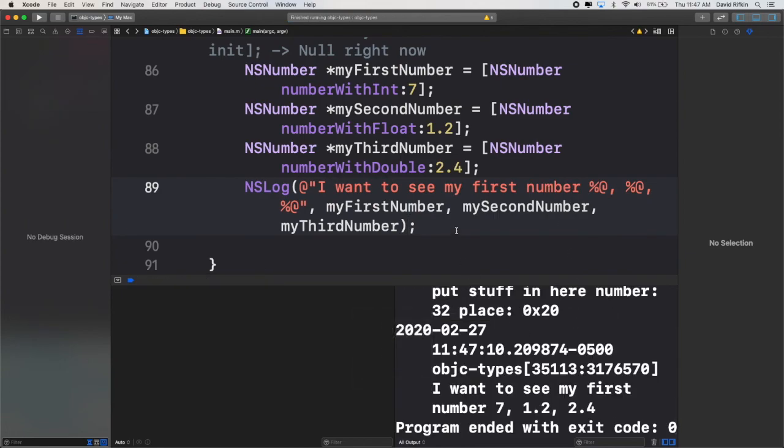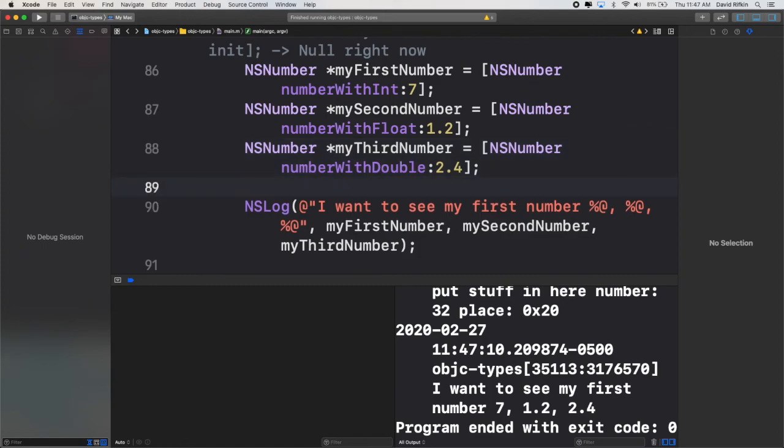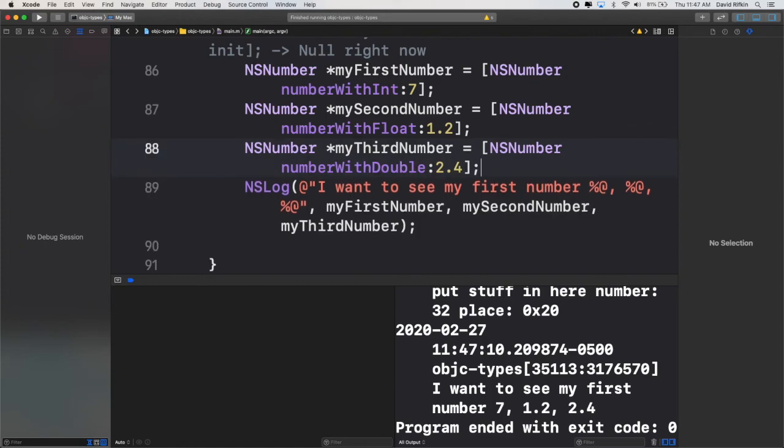All right, there are my numbers. That's great. This one shows up as an int, this shows up as a decimal, I'm assuming it's a float, this one shows up as a double. But NSNumber is actually going to let us use those numbers that it wraps up as pretty much any of those types. So let's say, for example,